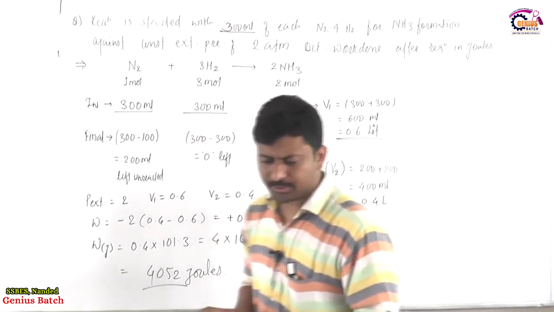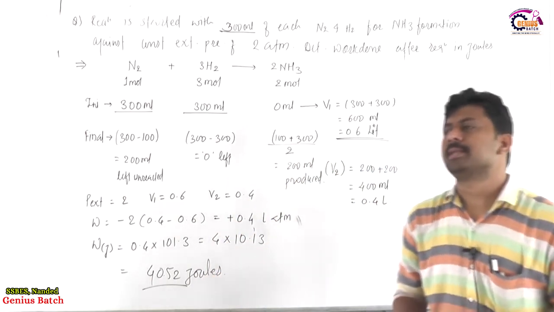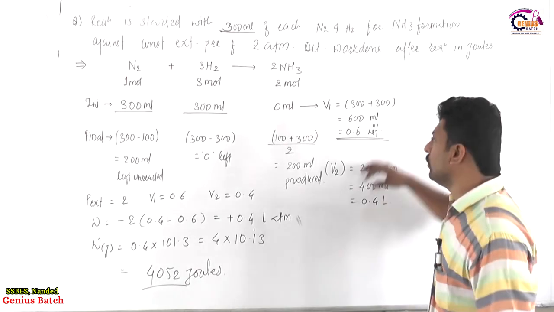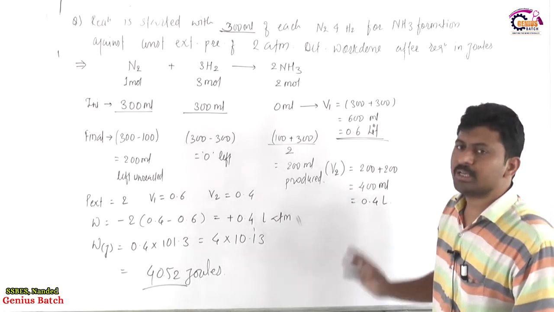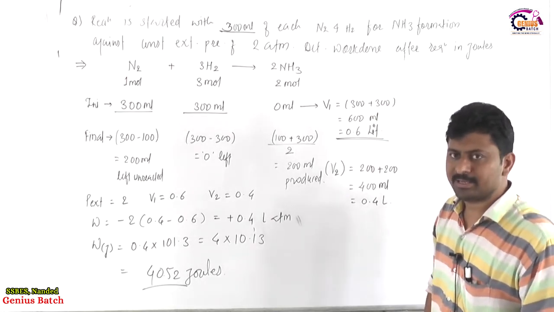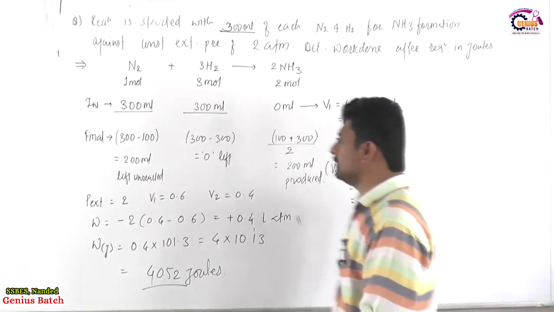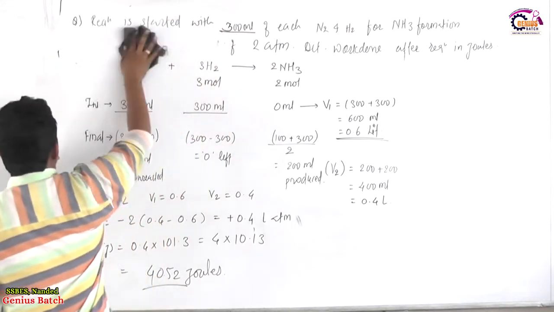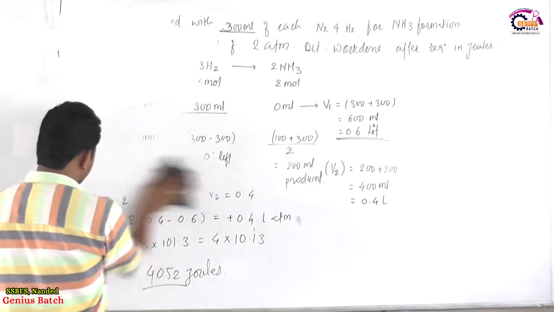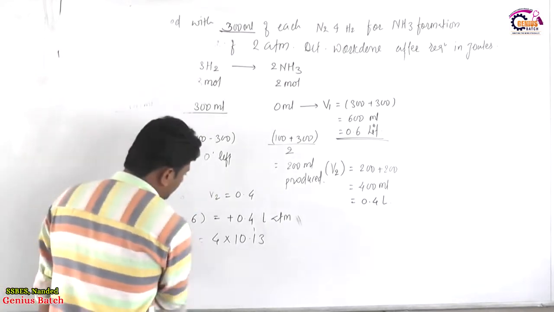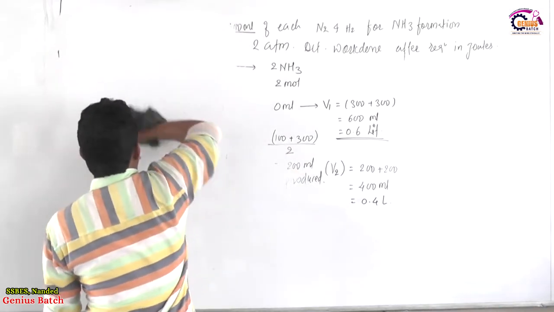Okay. Easy question it is, not very critical as far as the calculations are concerned, but we need to set up the values of volumes at the initial and final stage from the stoichiometry, applying Gay-Lussac's law to the homogeneous gas phase reaction. That is the only different thing. Okay. Now next to this we will move to the question which is based on the maximum work done equation. Now these were the questions which we solved for the P delta V type.